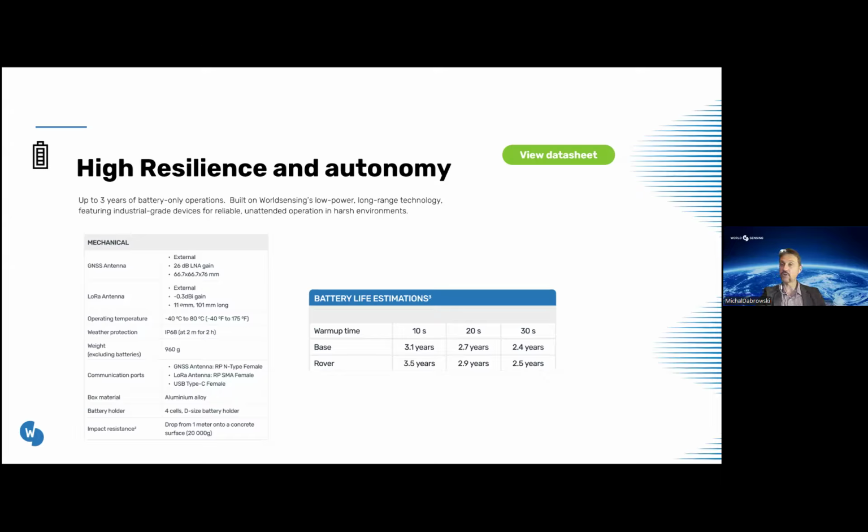I mentioned already the battery resilience, so the battery life. However, these are not the only key aspects of our instrumentation. One of them, which is very important for permanent deployment in various conditions, especially in your region, which is quite humid and hot, is the operating temperature. Our instrumentation is tested to operate in a temperature range from -40 to +80 degrees, which makes it very reliable and very resistant to work and operate continuously